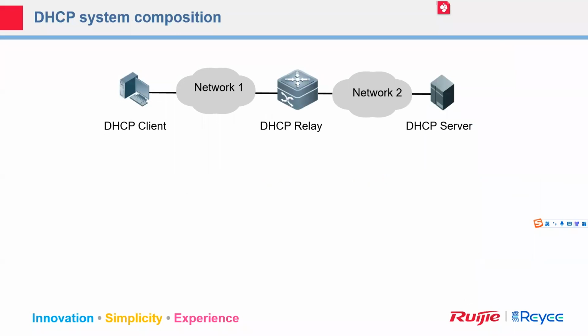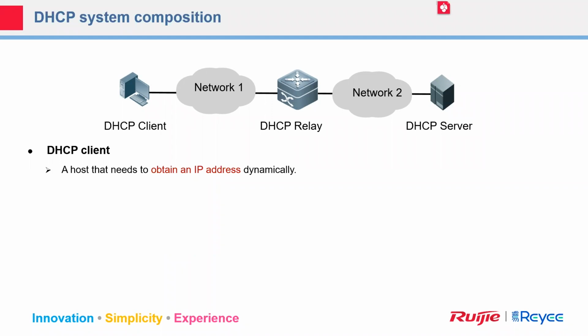And the second one: in the DHCP system, we have three typical concepts. What's the function, and who will become this concept? Let's talk about the first one, the DHCP client. A DHCP client means the host that needs to get an IP address dynamically. Maybe it's a computer, maybe your phone, maybe your laptop. I want to get an IP address, so this one we call a client.